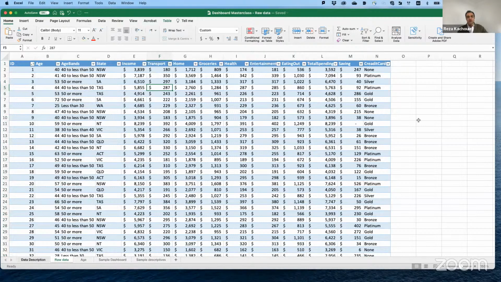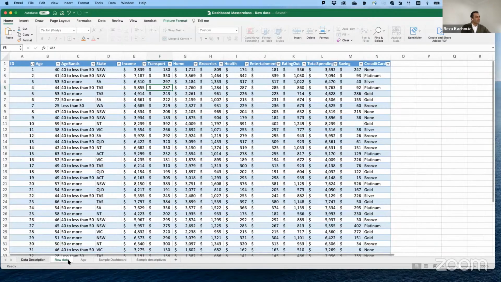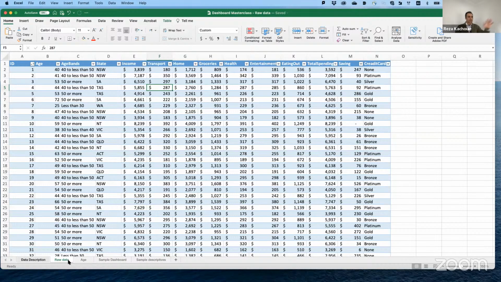For your assignment, you don't need to submit these parts, but you need to know your data set. Before creating your dashboard, you need to do all of that. We don't have time to go through all of the variables, but you get the point.